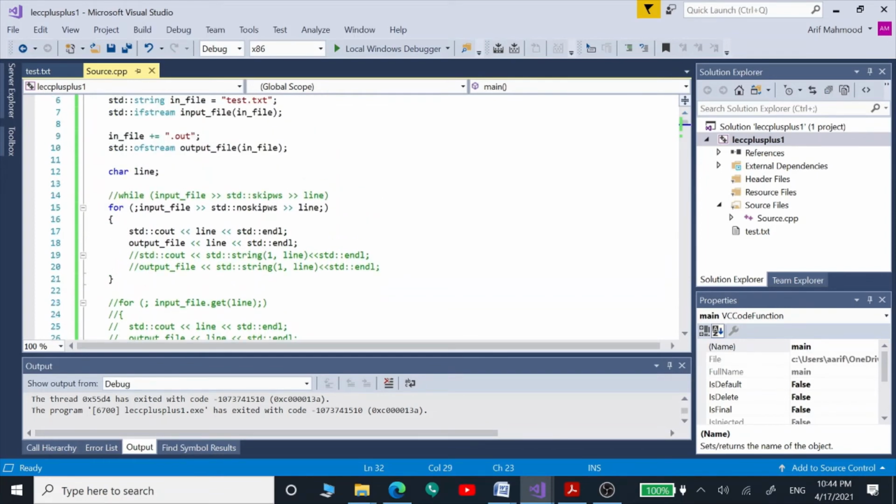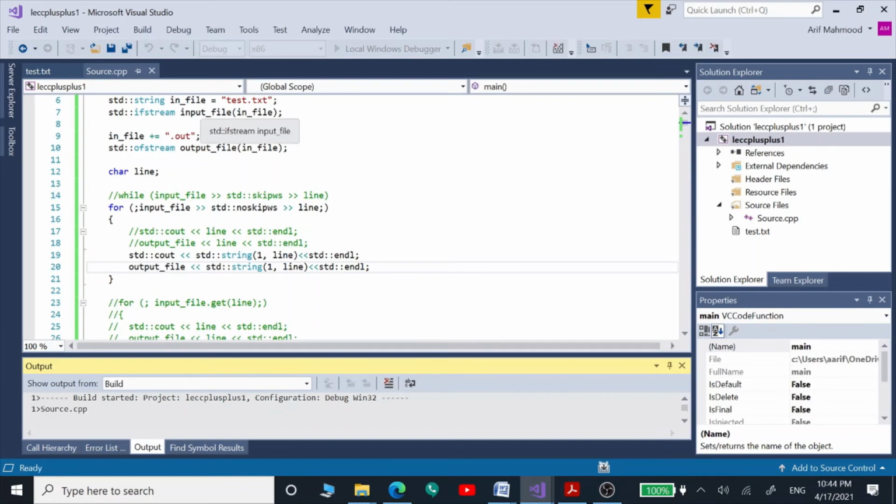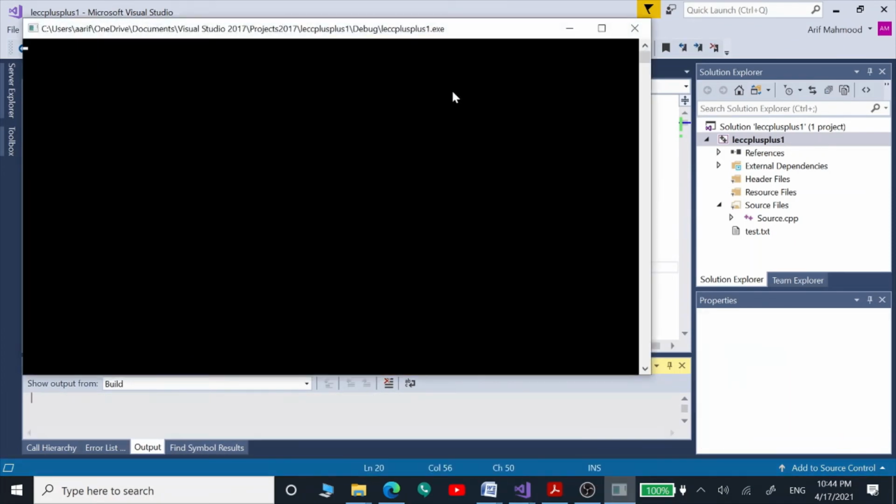And now we are going to see how we can convert these characters into strings as well. Using these two code lines we can convert the characters into strings, and now we are going to build and run this program again, and then see the output on the console window.